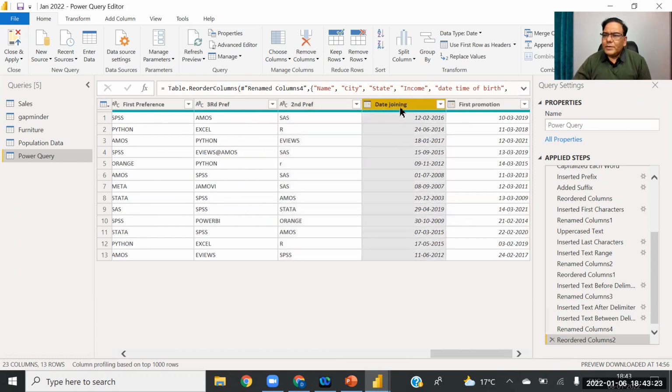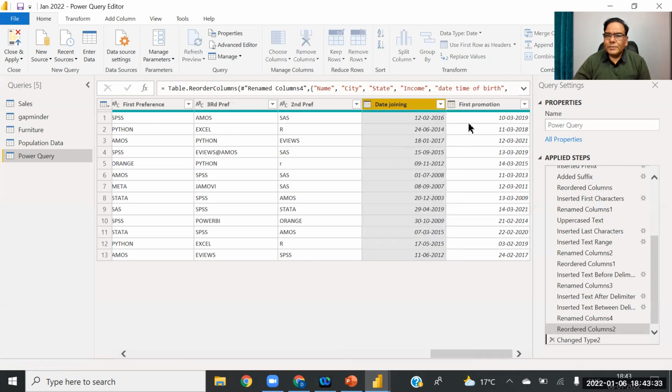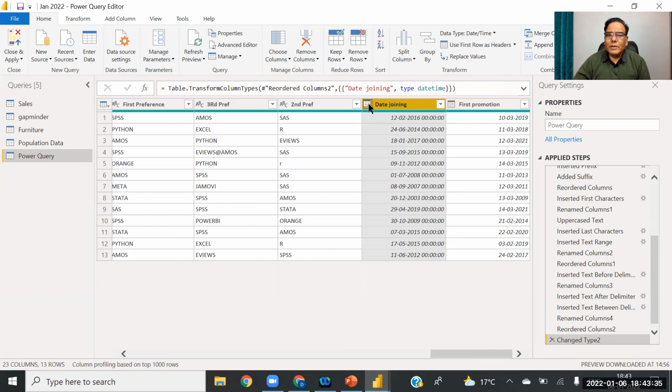So there are two variables here, and both are date variables. If you click on this, you can see that both the variables are date variables. This is also a date variable, but date only, not date time. Okay. Now we are going to apply the date functions. All the date functions are available.